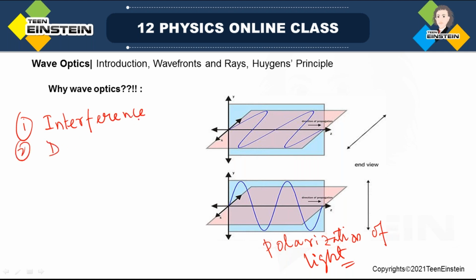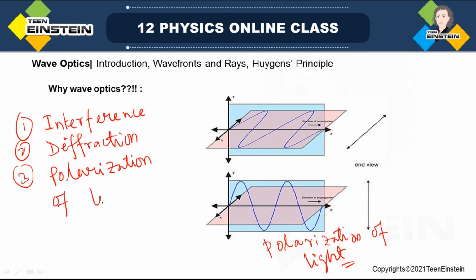Okay, then diffraction, bending of light, diffraction. Then third is the polarization of light. So these three, mainly these three phenomena of nature,